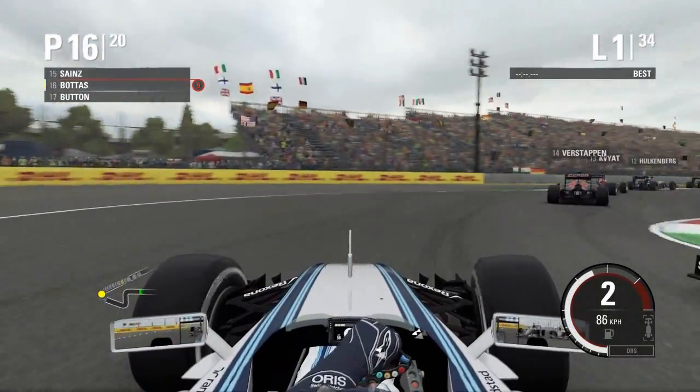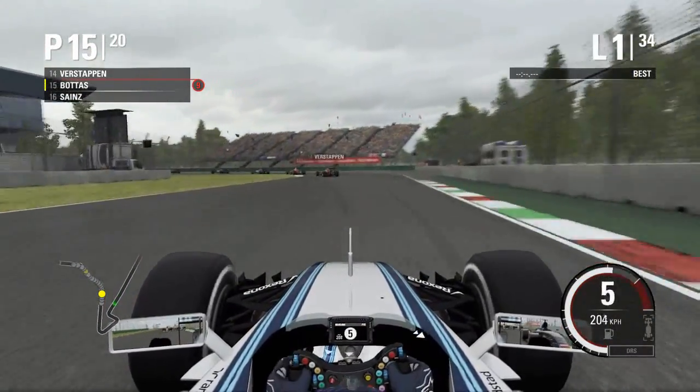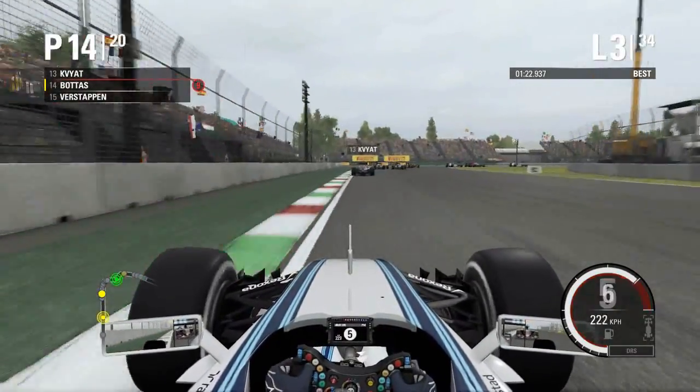But Sainz is coming back at us now as we go through turn 7, and Sainz is still on our inside. What a brilliant side by side action this is. But we are going to make the move on the inside of turn number 8, and Sainz is going to have to yield on that one. A little bit of contact there, which made me go wide up the corner, but we managed to get the move done on Carlos Sainz, and we're up in the